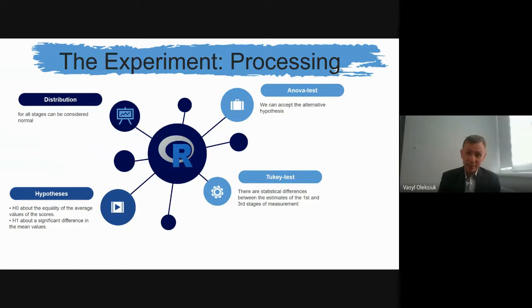We performed statistical processing of experimental data in the RStudio environment according to the method proposed by Olena Kuzminska. Distribution of scores for all stages can be considered as normal. We chose the ANOVA test to prove the hypothesis. Our hypotheses are classical: a null hypothesis about the equality of average values of the scores at each stage of the experiment,